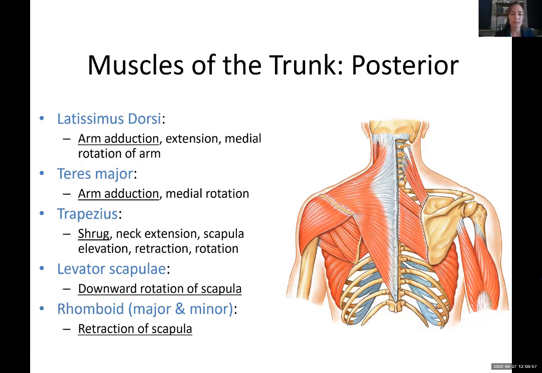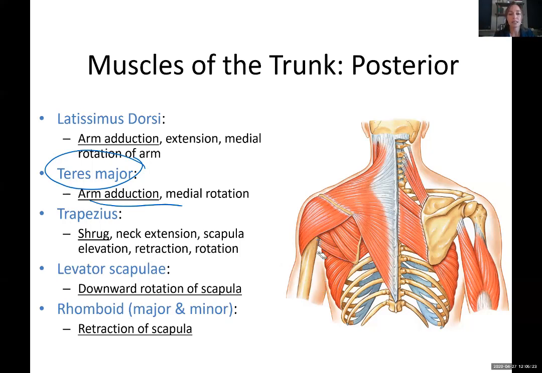So because latissimus dorsi is not in this particular picture, we're going to start with teres major. Teres major is right here. It is actually right under teres minor, but because teres major attaches to the diaphysis, meaning the shaft of the humerus, it has a lot more action in arm adduction, bringing the arm back down towards the